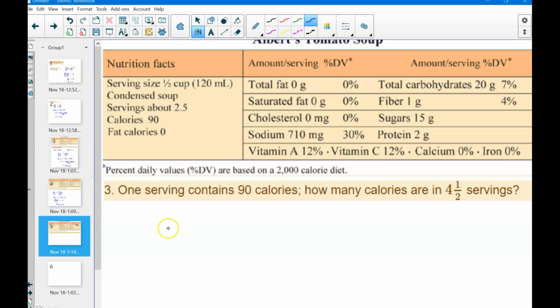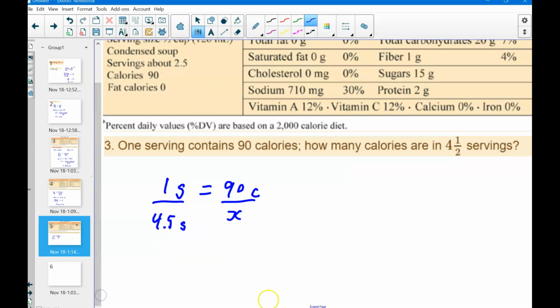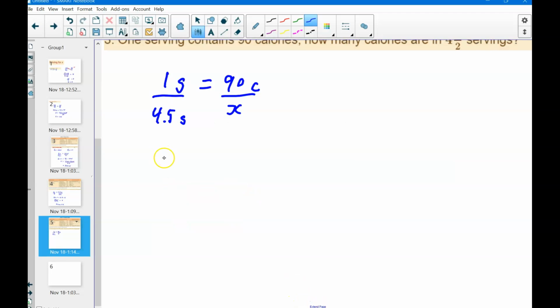So we have 1 can, one serving is equal to 90 calories. So it says 4.5 servings. Again, put servings under servings. 4.5 S, that's my X. Cross multiplying, I get X times 1S is equal to